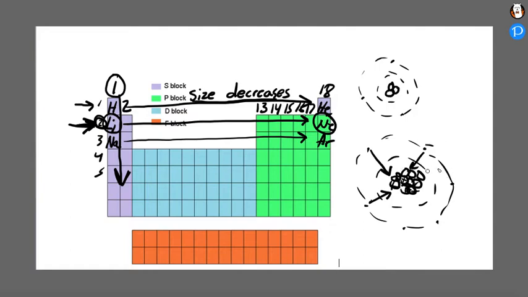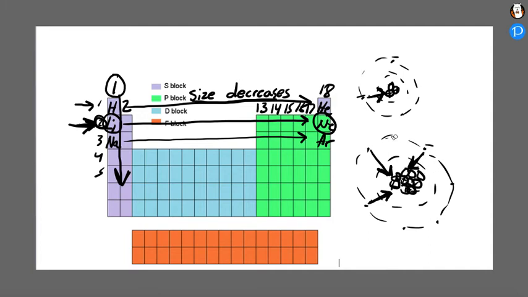These protons are positively charged, and so these are pulling down. They're pulling on them with a force. We can think of it as a magnetic force. Same thing here. These are positively charged, these are negatively charged, and so they feel a force pulling them in. They feel an attraction towards this. These have way more positive charges. Neon has more positive charges pulling in, and it only has